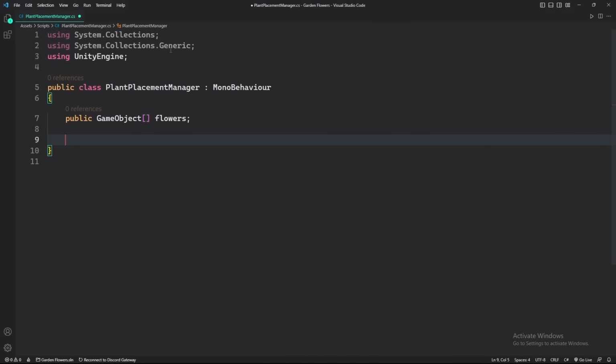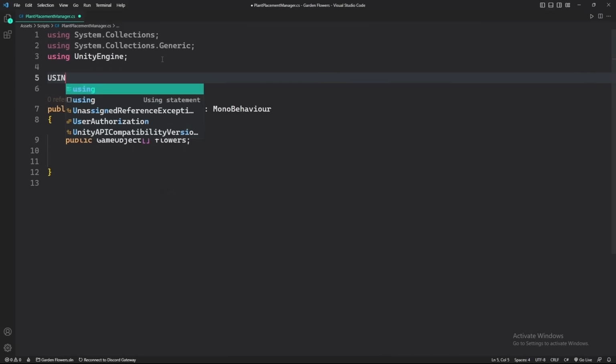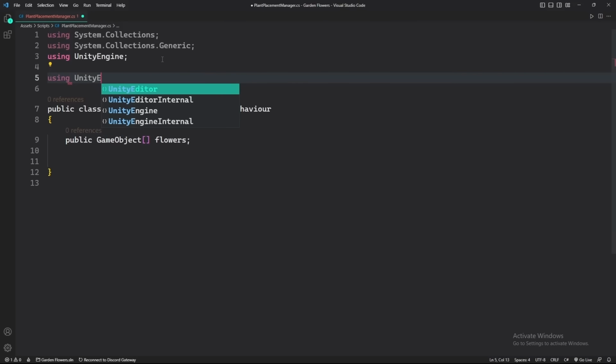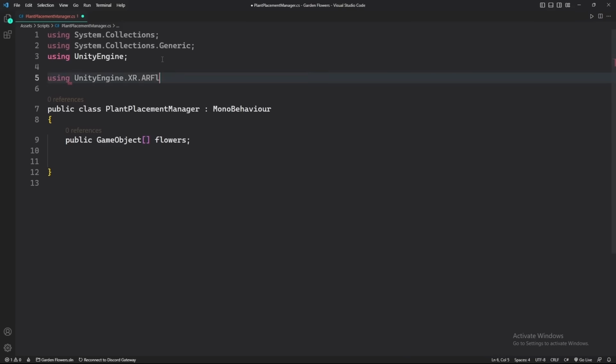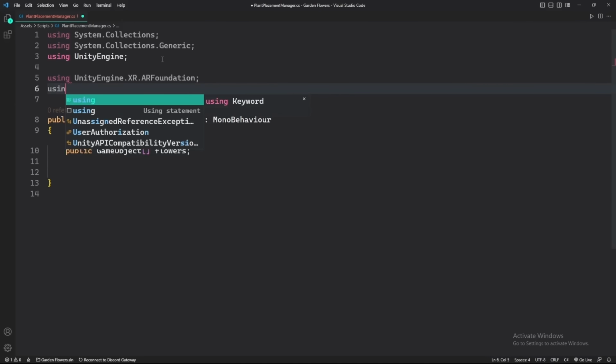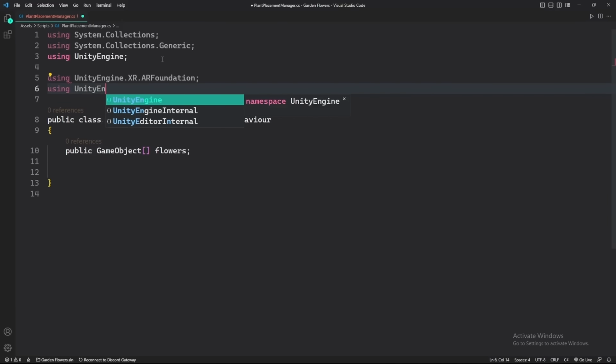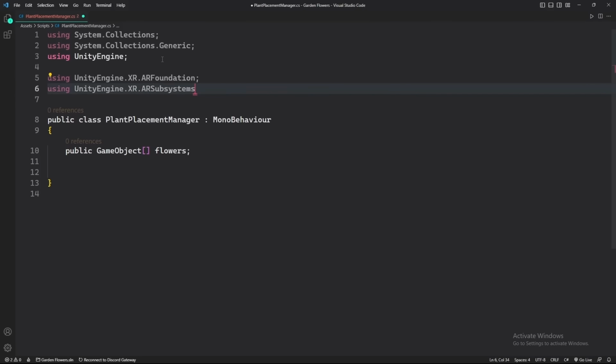Okay, so to do that, you can simply write using UnityEngine.XR.ARFoundation. Yes, ARFoundation. And then you also have to add using UnityEngine.XR.ARSubsystems. Okay, so these two namespaces contain all the important functionalities that we need AR